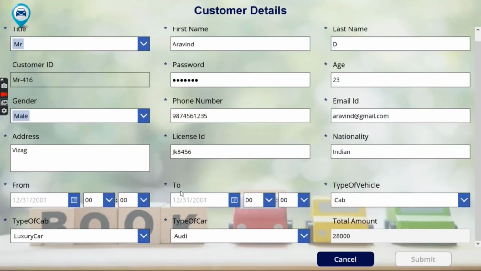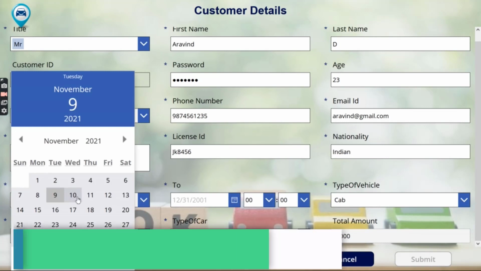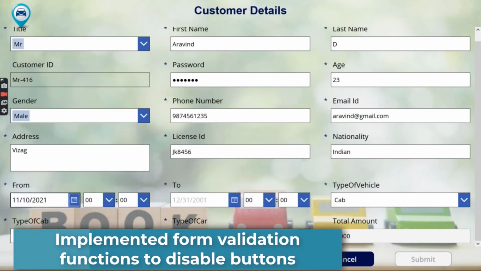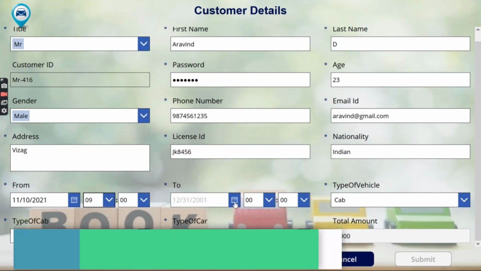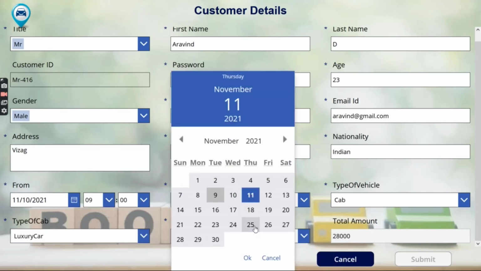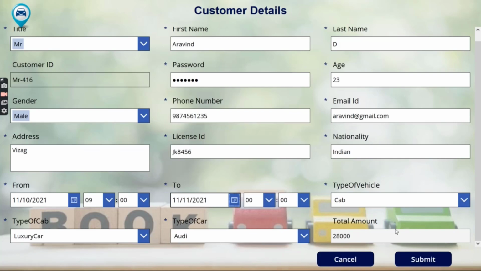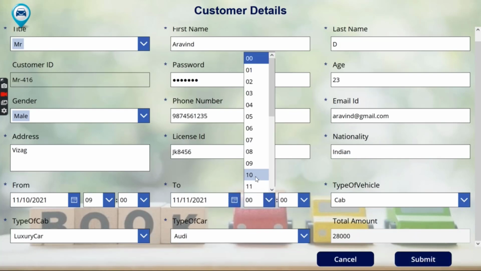Here the required fields are given, but the submit button is in disabled mode. After giving from date and to date, it will be in enabled mode. Here you can see the submit button is in enabled mode.